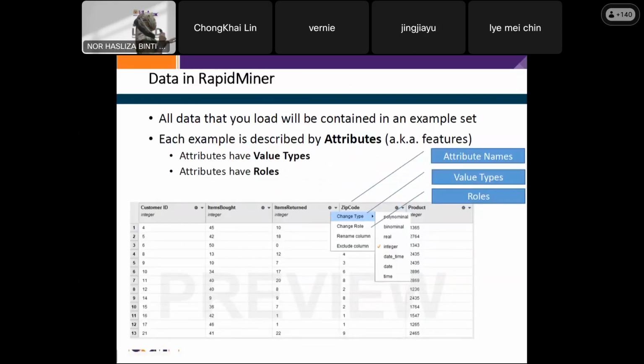You take a look at this as the real value types and role.